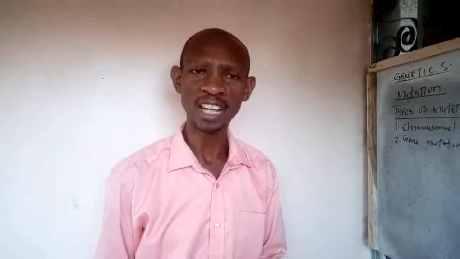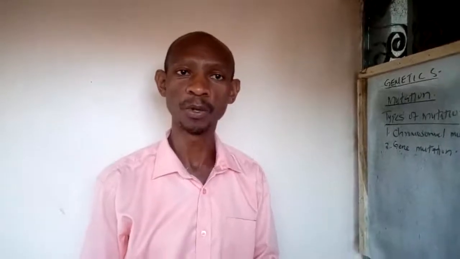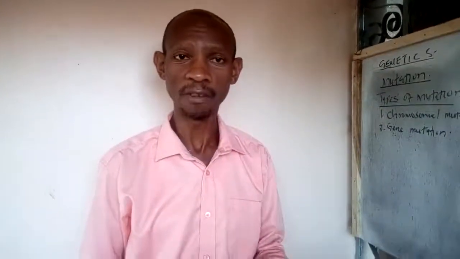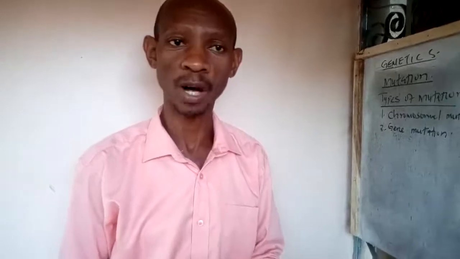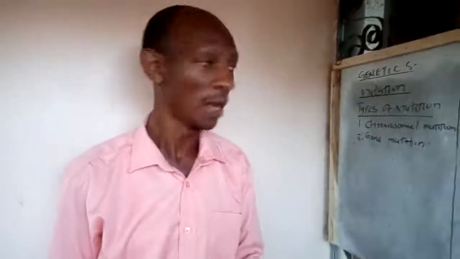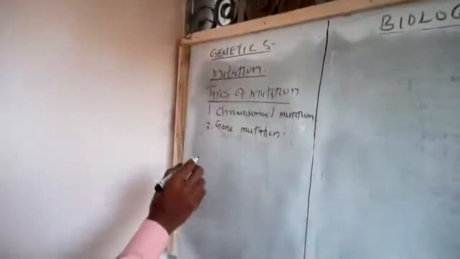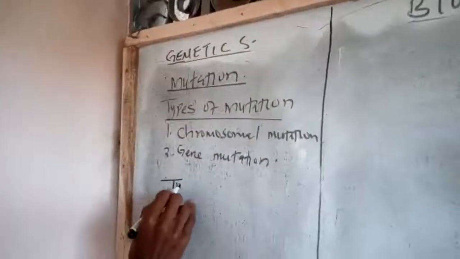And chromosomal mutation involves a change in the structure or the number of chromosomes in a given organism. And therefore, the kind of mutation that involves the change in the structure or the change in the number of chromosomes in a given organism is what we refer to as chromosomal mutation. And therefore, I'm going to go directly to the types